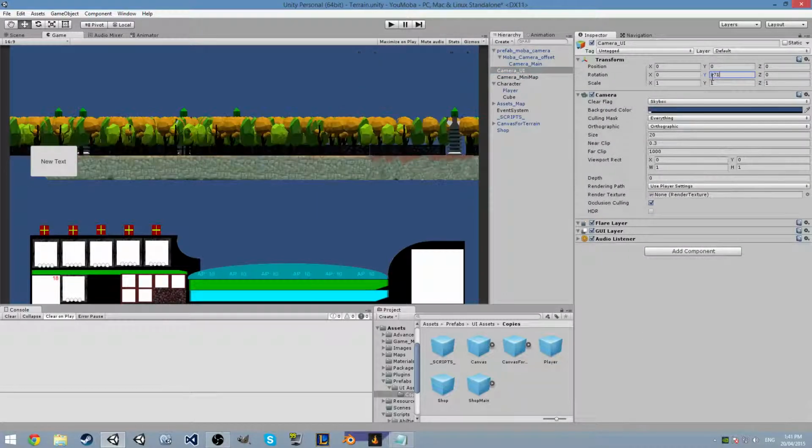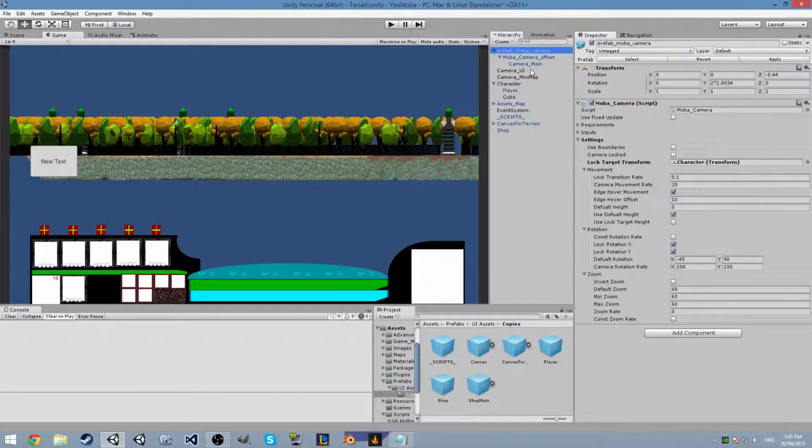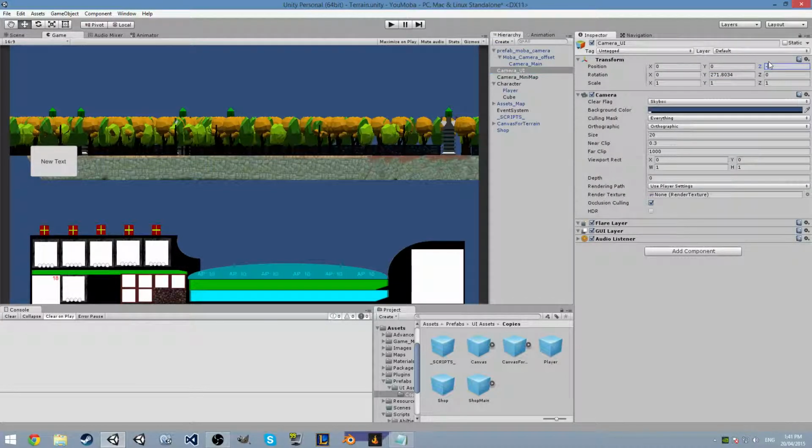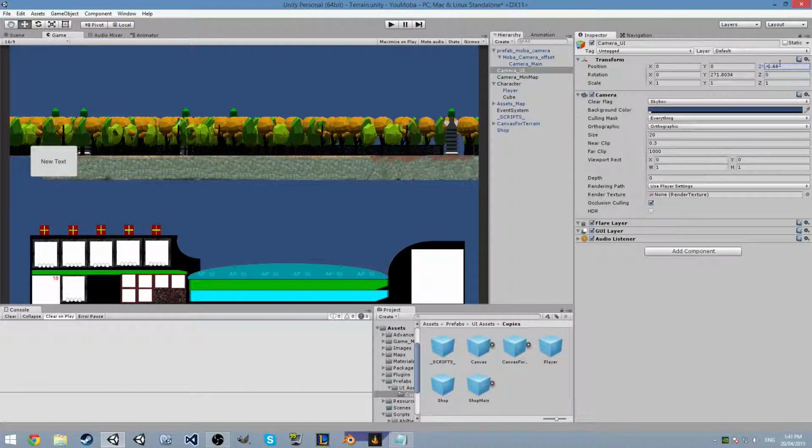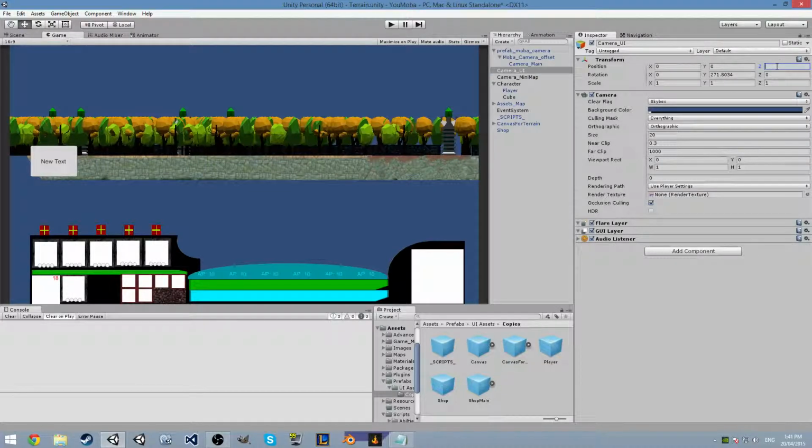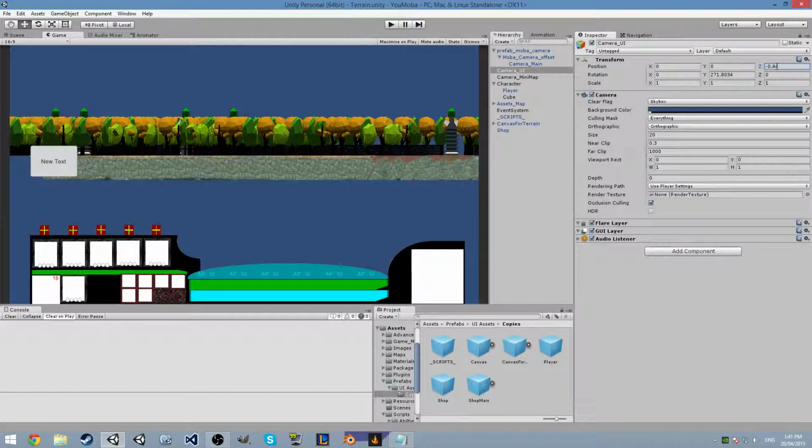It won't work because we have to actually enter it. I think it's 8034. Yes, and negative 0.44. You may think it makes no difference. It does. See that tiny little shift? That can make a massive difference. And the reason you want it in the exact same position is because if I don't, and I'll show you why,